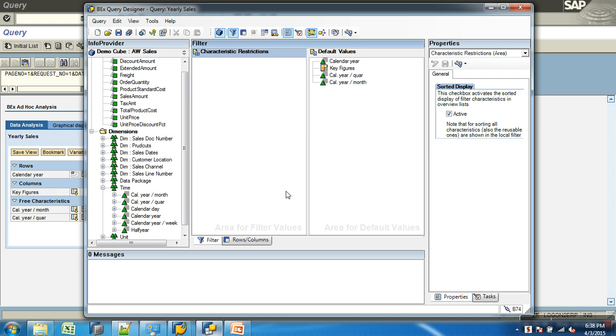So when year is a normal field, it's not an aggregated field, so there is a where clause, where year is so and so on. But when you want to put a restriction on an aggregated key figure like sum of amount, they don't use where, they use a having clause. Having sum of amount less than 1 crore, they use the having clause.